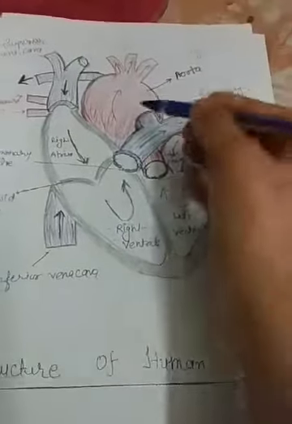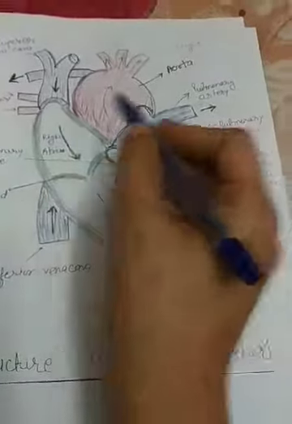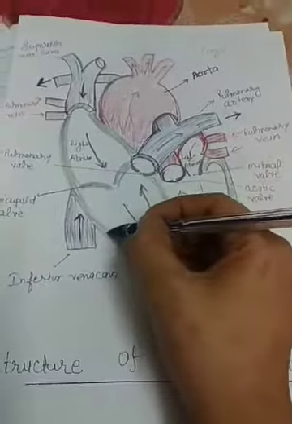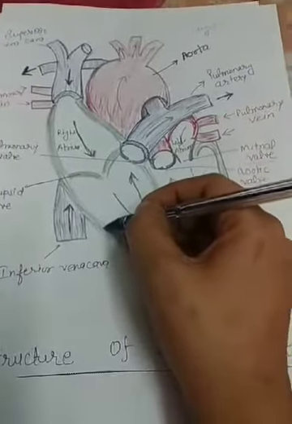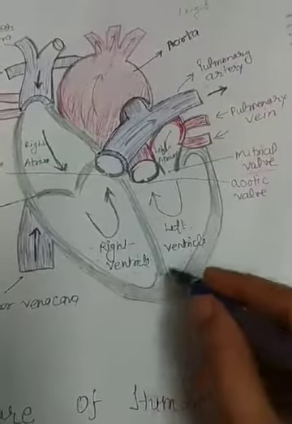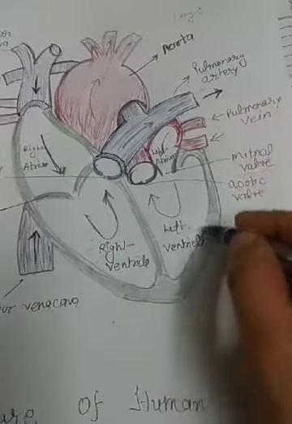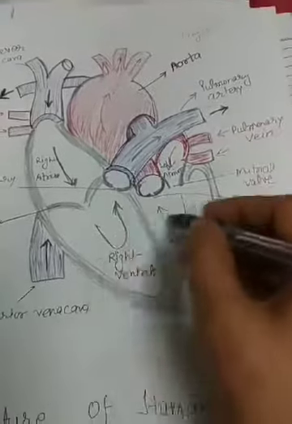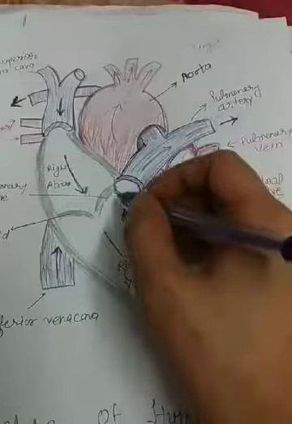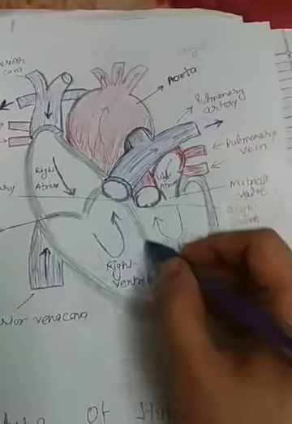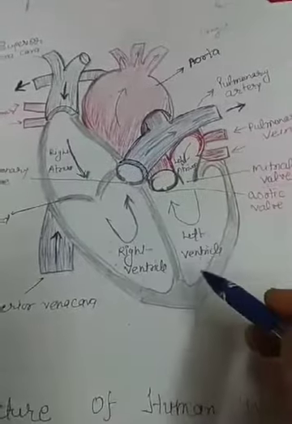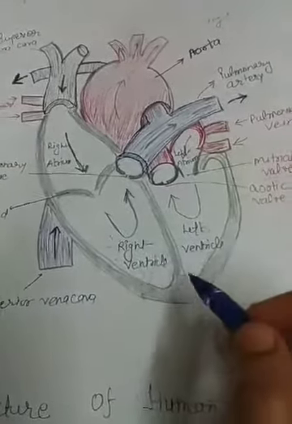It is located between the two lungs in the middle of the thoracic cavity and surrounded by a two-layered sac called the pericardium. The pericardium protects the muscular heart. The chambers of the heart are separated by a partition called the septum. All the chambers are separated from each other by a septum.